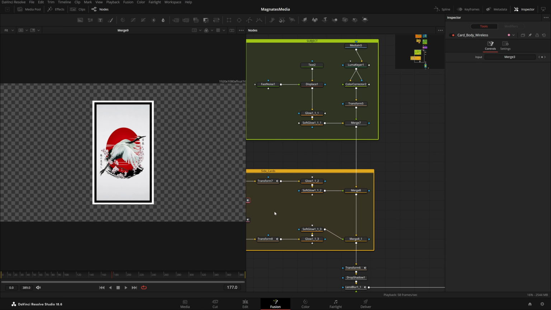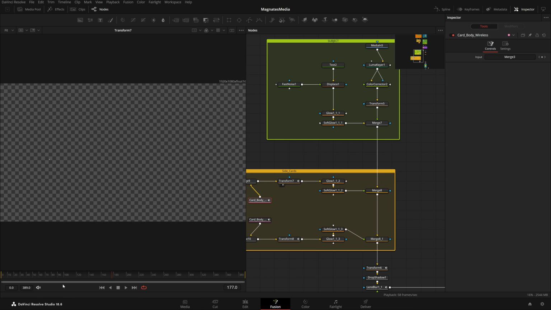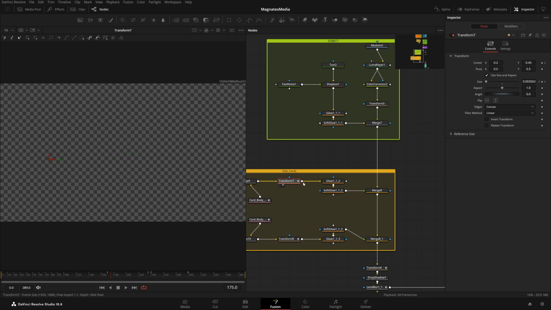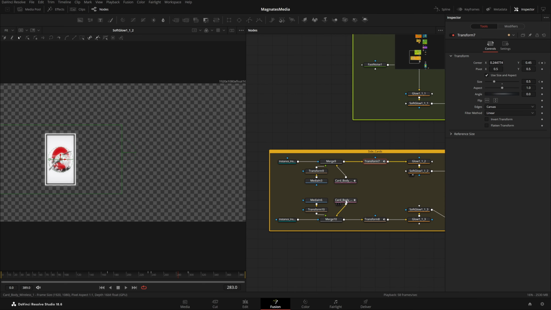So all of this stuff is happening here. Then with the help of transform, I was just able to animate it, nothing else. You can see from 172 over 240, it was scaled up. Then it just came here. I don't know why it's vanishing, but anyways, then again glow and soft glow, and the same thing is happening